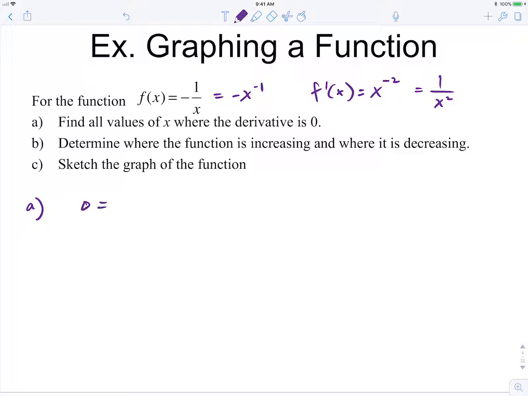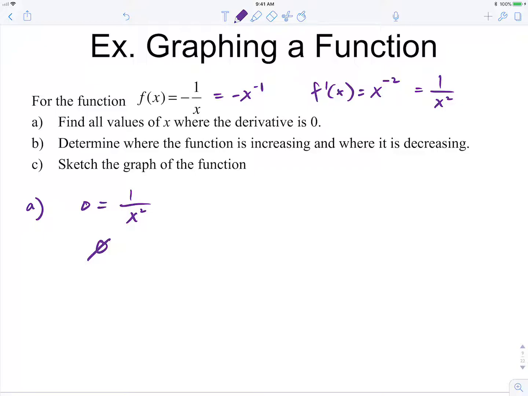Now the thing is, when we set the derivative equal to 0, there's actually no solution to this equation. There's no real number that would make this a true statement. So we still want to use our derivative to help us determine where the function's increasing and decreasing. So looking back at the function, we know that the